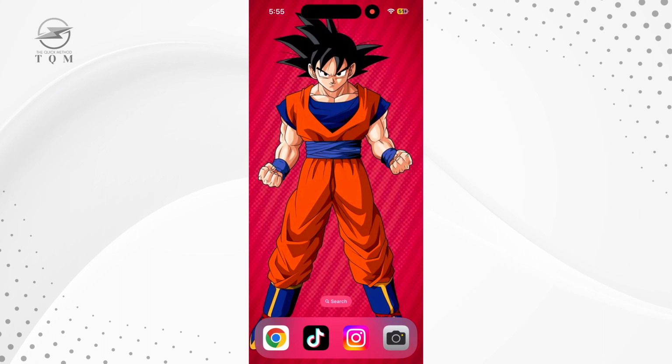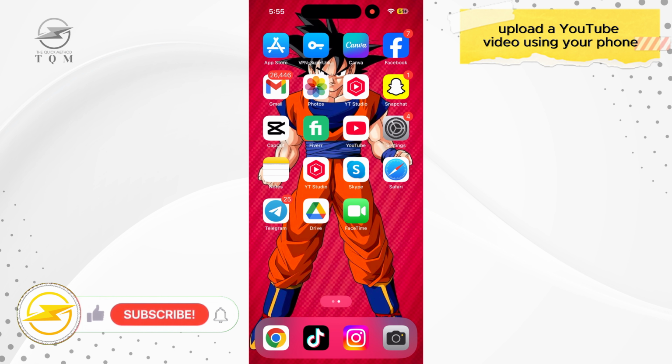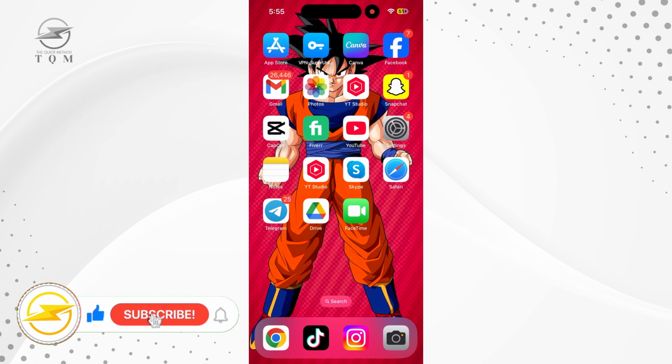In this video, we'll show you how to upload a YouTube video using your phone. Whether you've recorded a video directly on your phone or edited it using an app like CapCut, we'll guide you